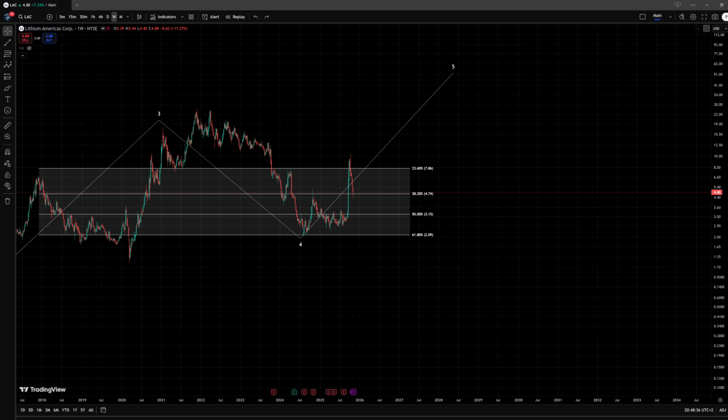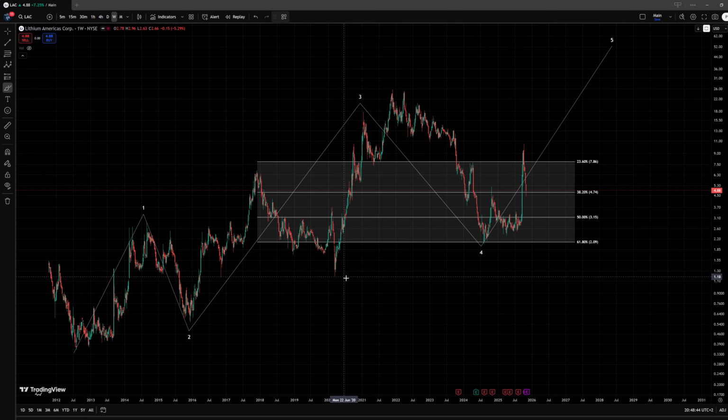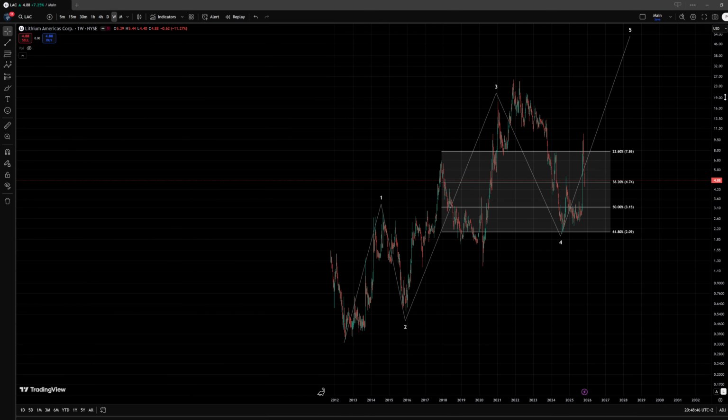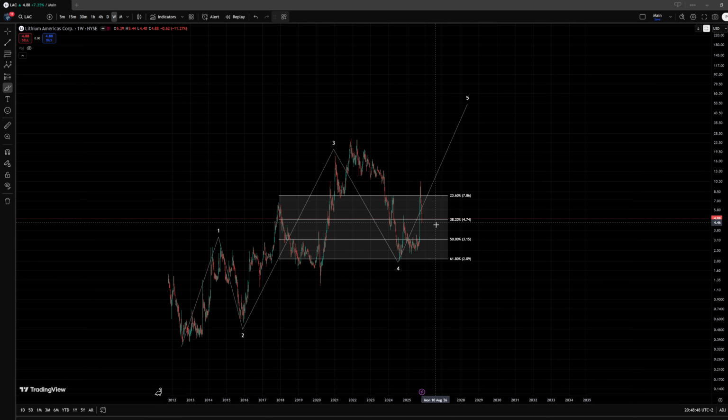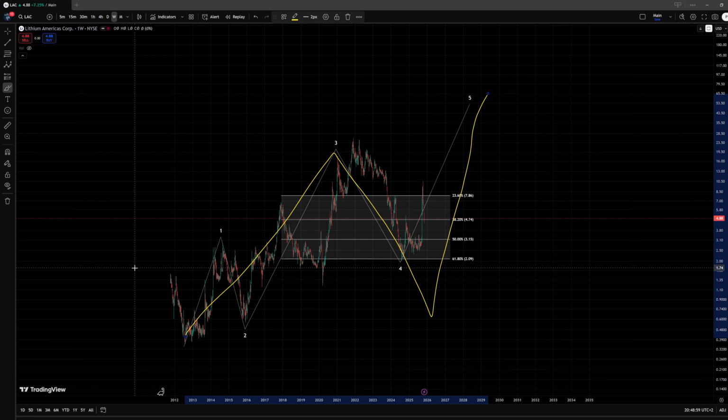So if we actually end up breaking the bottom that we have formed here at the $2 level, we should be prepared for quite a bearish scenario, a bearish case on this chart. Honestly, I don't even have a backup bullish scenario. What else I could see, if we still end up pushing higher, could be something like a WXY pattern to work out, but the probabilities would